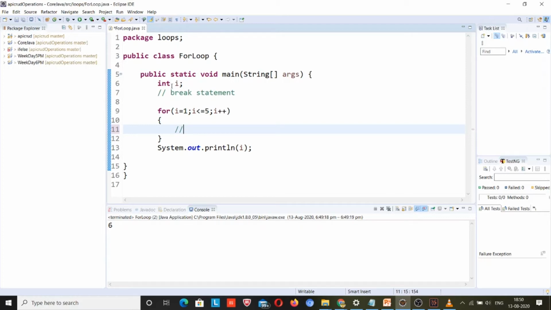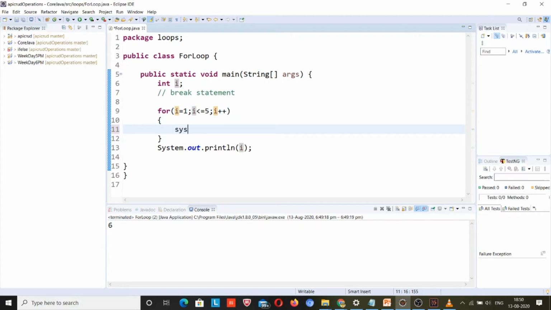I initialized I here and the condition was fine, so the code will work only the way it was written. I is equal to 1 matches the condition, and because the condition was fine, the for loop keeps maintaining its process. For loop worked, right?